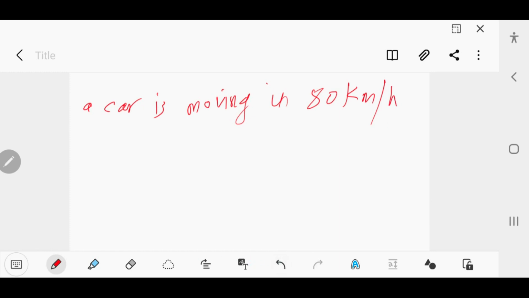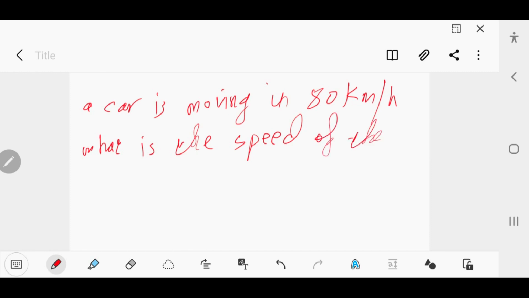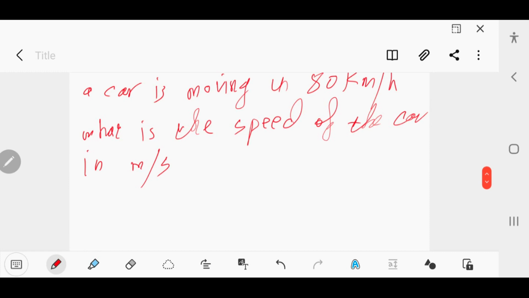Sorry. What is the speed of the car in meter per second? Now here, guys, we have two units, kilometer and hour, and we need to find out the speed in meter per second. So we have to use,